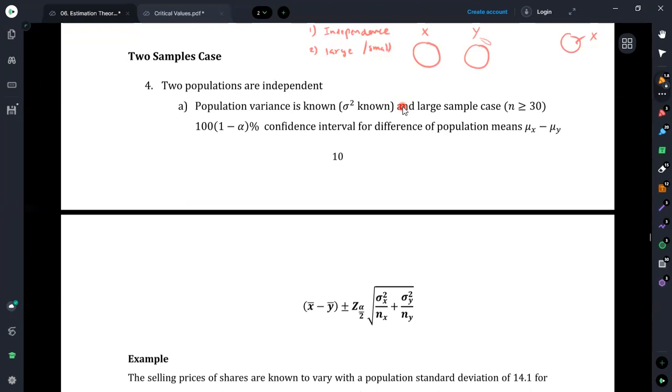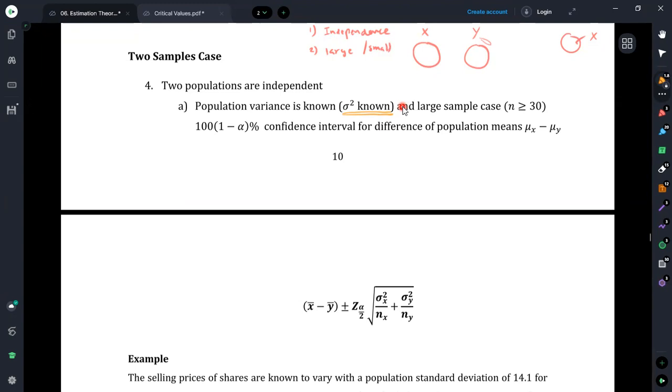First we will consider the population variance known, and a large sample. Generally, if we know the population variance, we may have samples with n greater than or equal to 30. We are considering it in that way, but anyhow, you have to pay attention to whether sigma squared is known or unknown. If all these conditions are satisfied, first the samples are independent, then the population variance is known, it implies that generally we consider the next one as large samples.